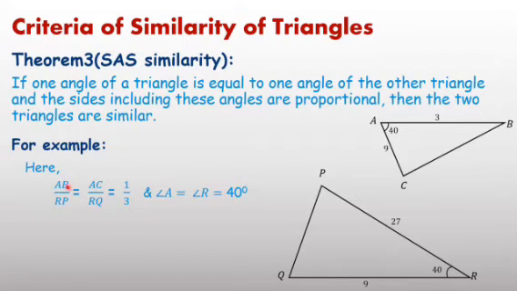The angle is between these two sides, AB and AC, angle A. Between RP and RQ, angle R. Also, one easy method to consider the common angle: if two sides AB and AC are given, point A is common in both, therefore angle A should be there. RP and RQ written, here point R is common in both sides, therefore you should consider angle R, not any other angle. If these two angles are also equal, then we can say triangles are similar.